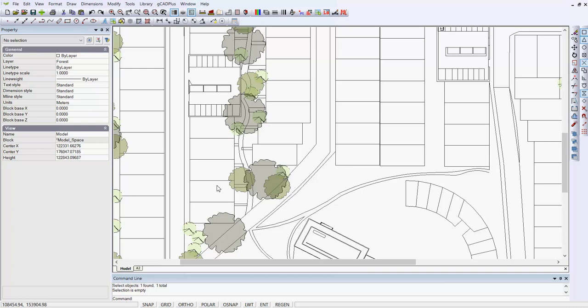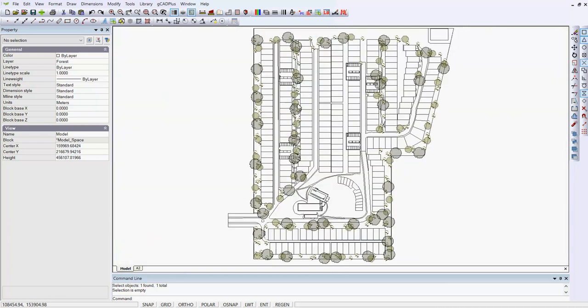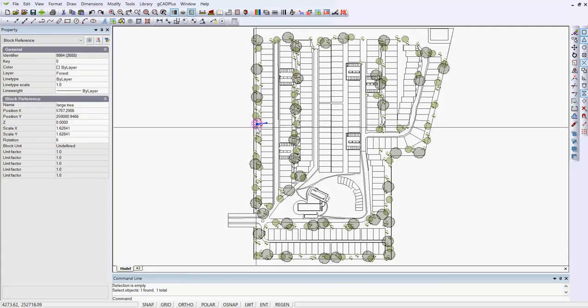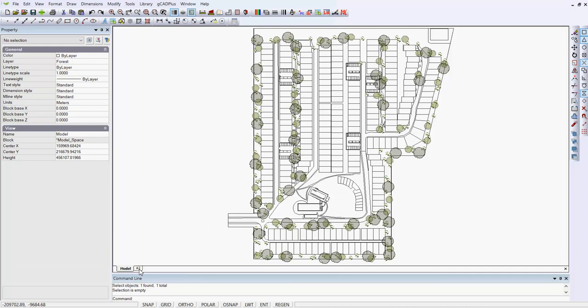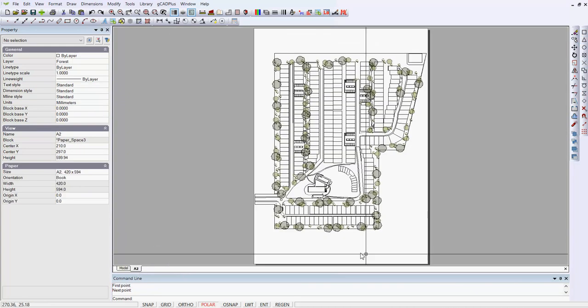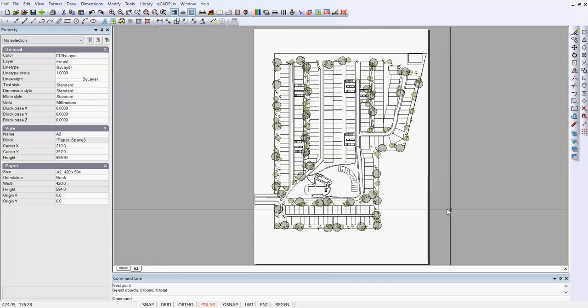I'd like to show you a gCADPlus drawing where layout space has been used in a most unusual way. Let me just zoom extents, and we're looking at a subdivision, and some symbols have been placed throughout the subdivision by the landscape designer. If we move to layout space, the first thing I did was look for the floating